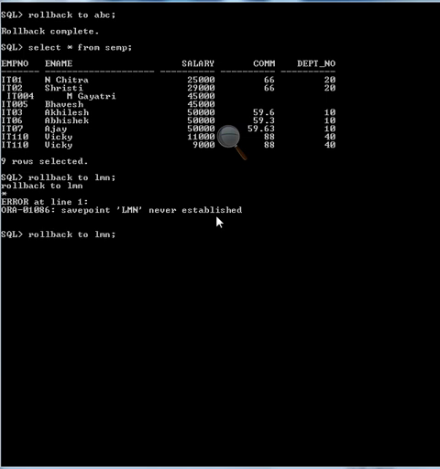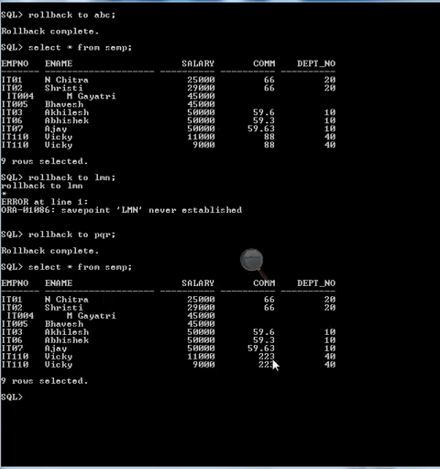So if I give rollback to PQR, this is possible because it is not cleared. Rollback completed, and here we can see select star from ACMP, 88 has now been updated.